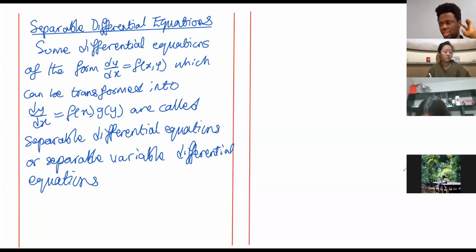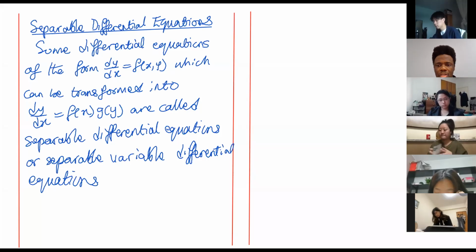Okay, let me have everyone's attention, please. Separable differential equations. Is everybody listening? Separable differential equations. So remember, when in the last